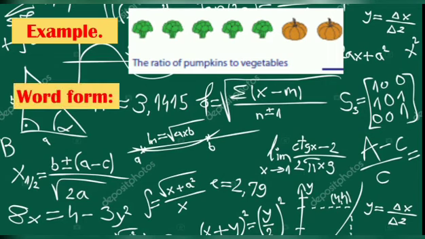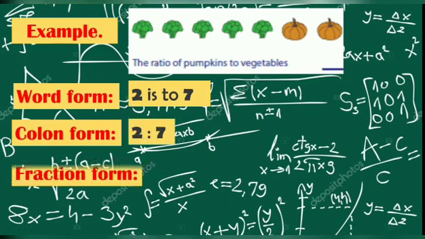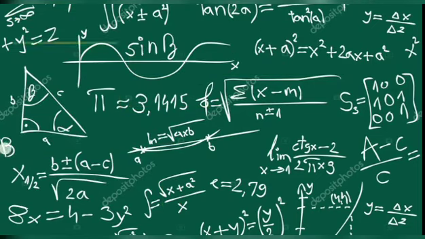So, kapag ginawa natin siya into word form, we will have 2 is to 7. 2 yung number ng pumpkin, 7 naman yung number na vegetables. In column form, it is written as 2 colon 7. And in fraction form, we have 2 over 7. Another example,